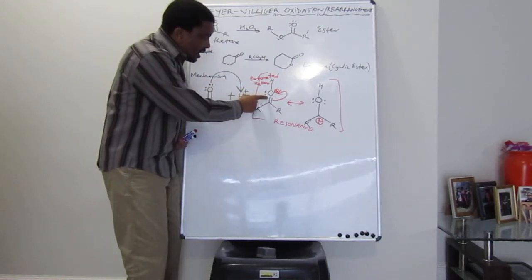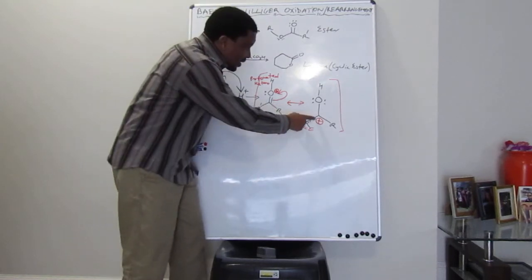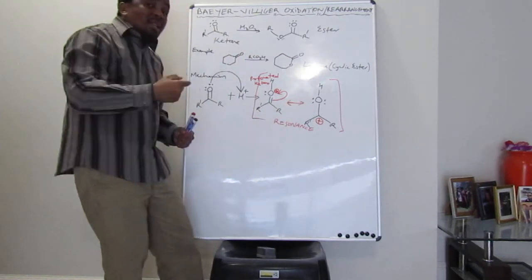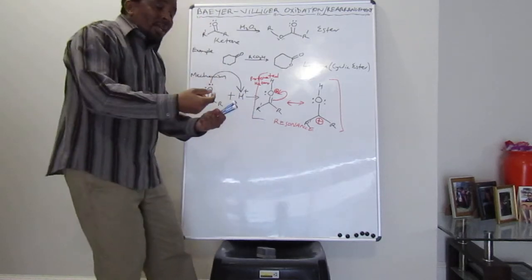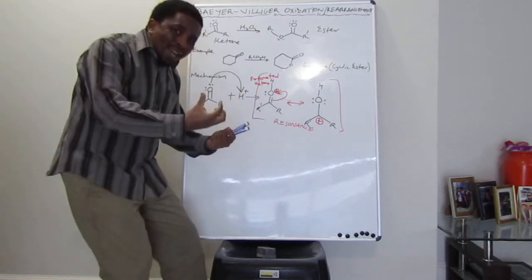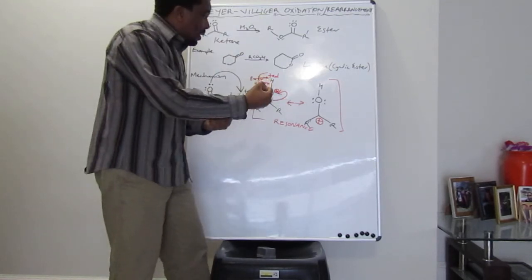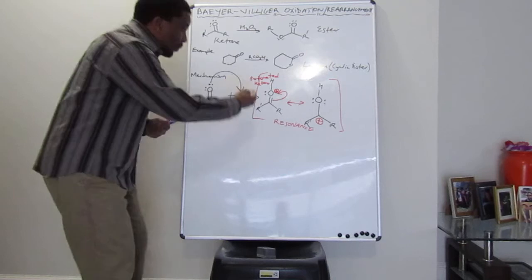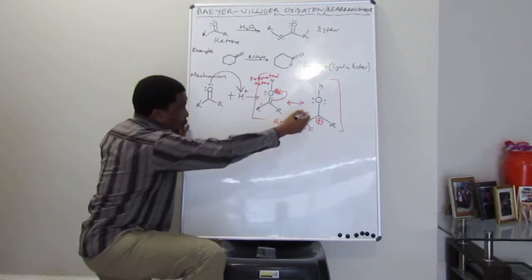In this resonance structure, oxygen is bearing a positive charge. In this one, it is carbon that is bearing a positive charge. Carbon can better accommodate a positive charge as compared to oxygen. And then logic tells me that I will have to continue with the